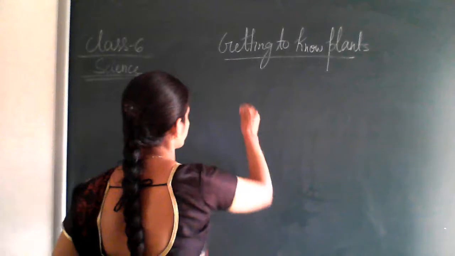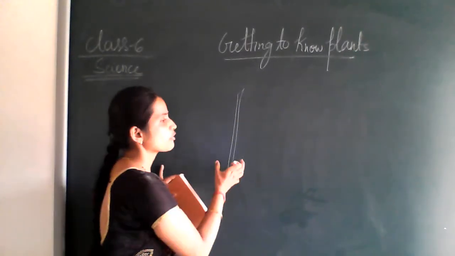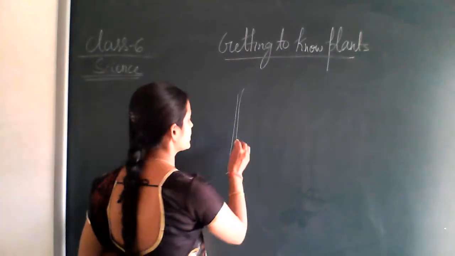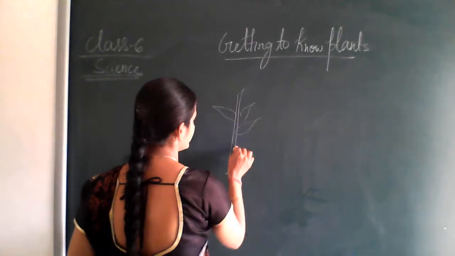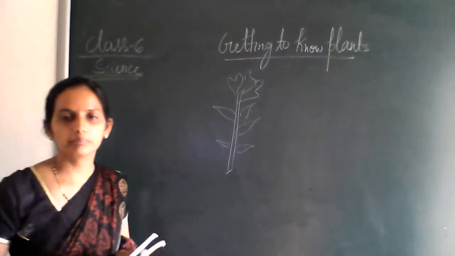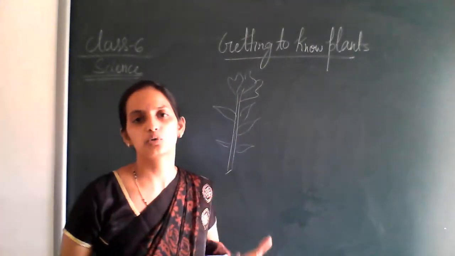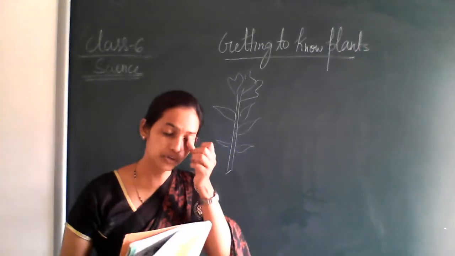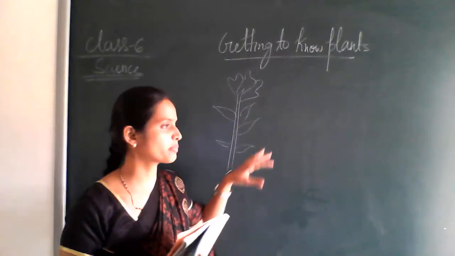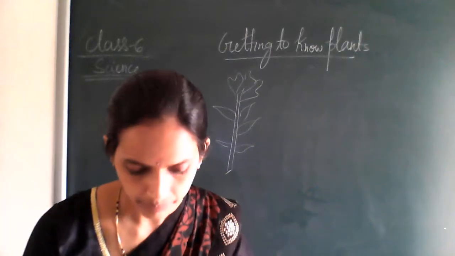Simply based upon a stem of the plant, we cannot decide which type of plant it is, right? It should consist of leaves, flowers, right? If the plant has leaves or flowers, then only we are able to recognize which type of plant it is, right? So all those parts are very necessary to identify the plant, right?